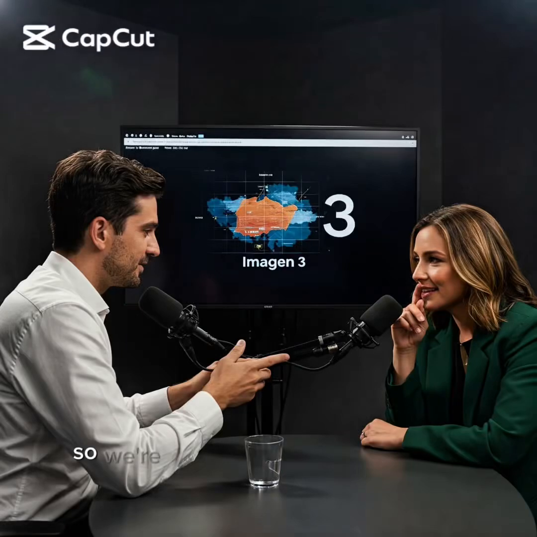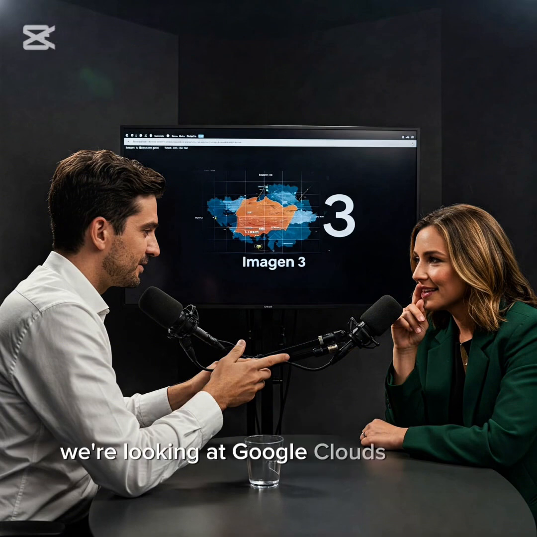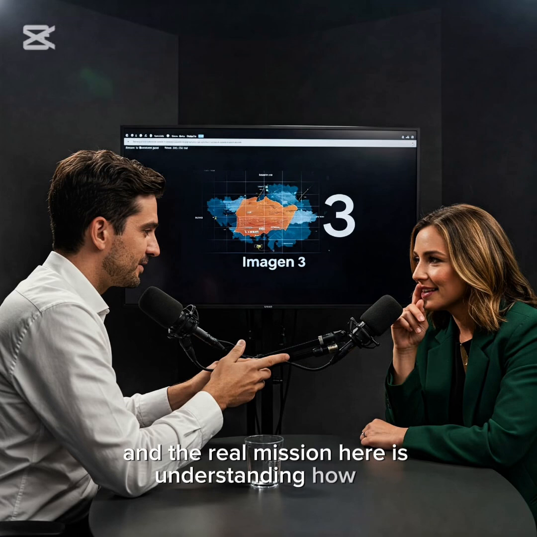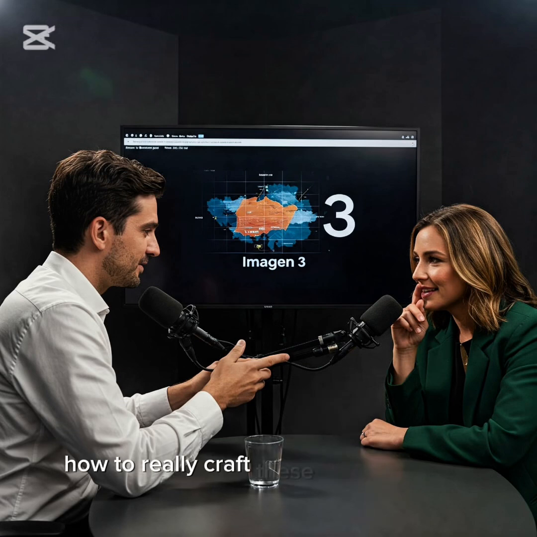All right, so we're diving into something pretty cool today, text-to-image generation. Specifically, we're looking at Google Cloud's Imagen on Vertex AI. Using, of course, the Google Cloud documentation as our guide. And the real mission here is understanding how to really craft these prompts to get the visuals that you actually